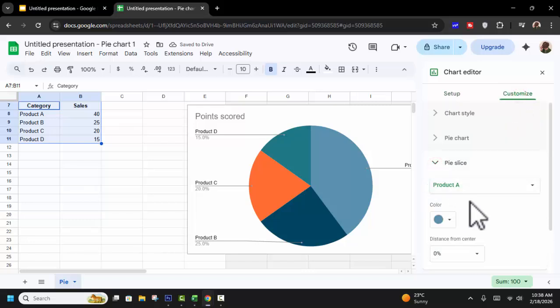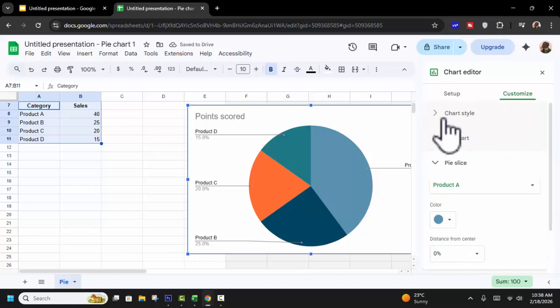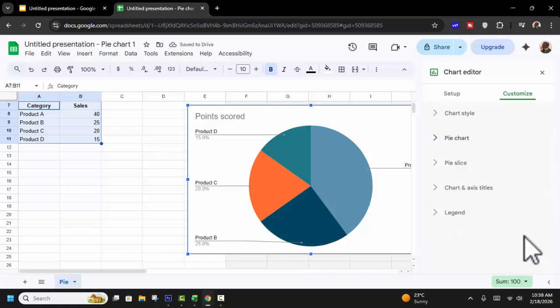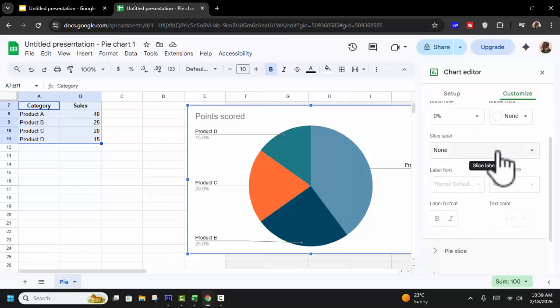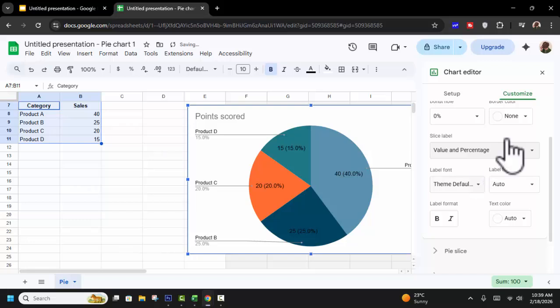Customize the pie chart slice, change the color, percentage, add title, style, pie chart slice label, value, percentage, etc. Value and percentage, font size. Okay,